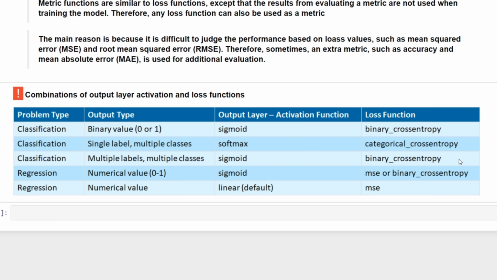The other type of problem that neural networks can address is regression. Say, for example, the output is a numerical value between 0 and 1, instead of 0 or 1, that is a continuous number. A sigmoid function can be used, because it will provide you an output value between 0 and 1. And in that case, we can also use binary cross entropy as the loss function, or mean squared error